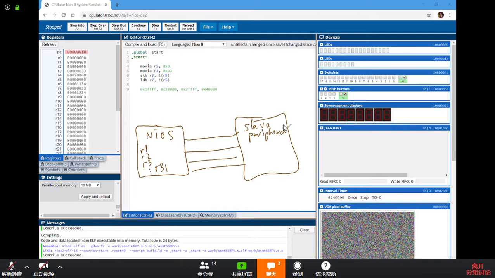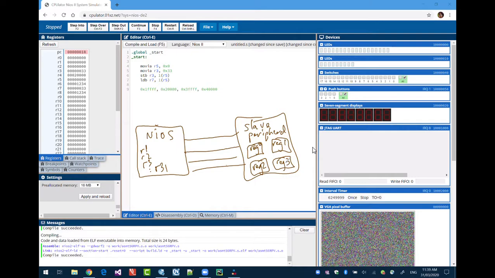Okay, in that slave peripheral module, in your Verilog, you have 4 registers. So this will be reg 0, reg 1, reg 2, reg 3. Okay, they're different things. These registers here